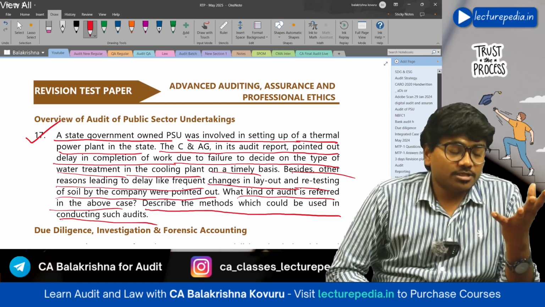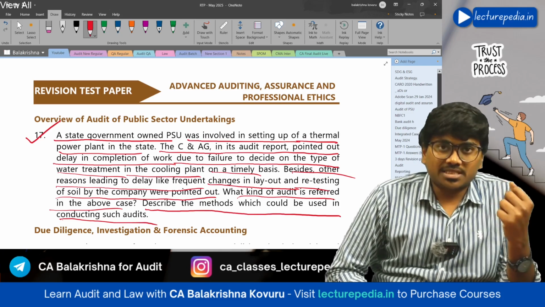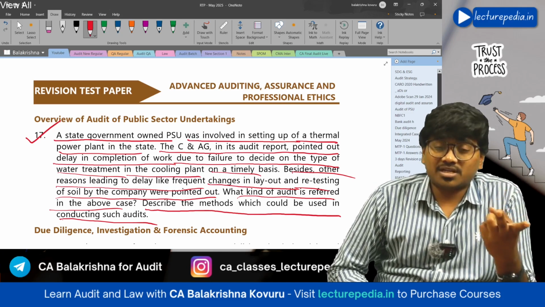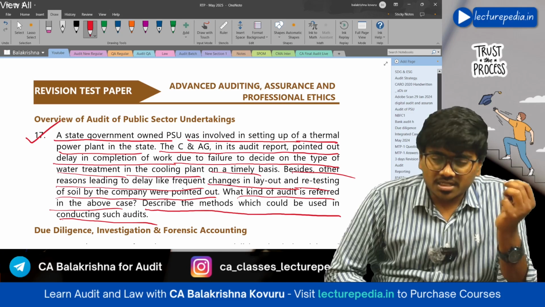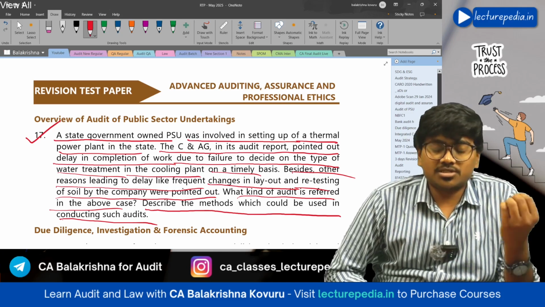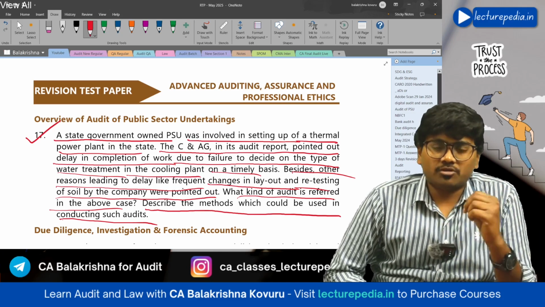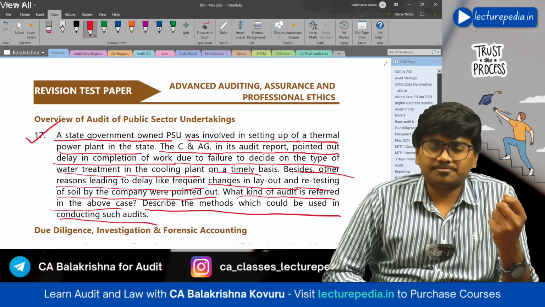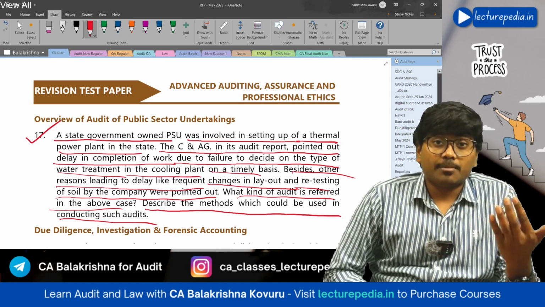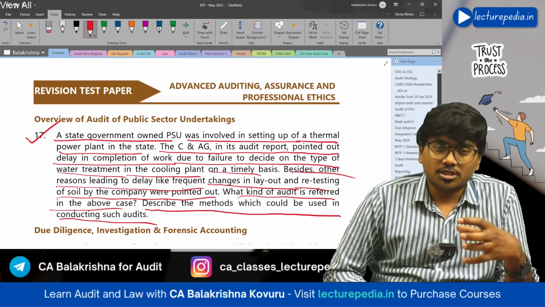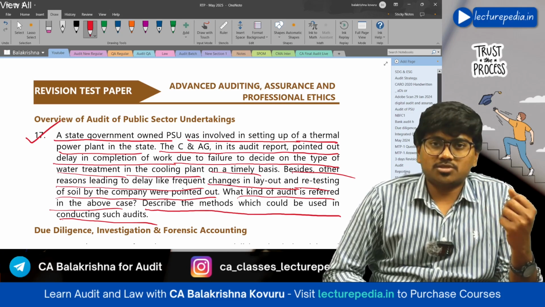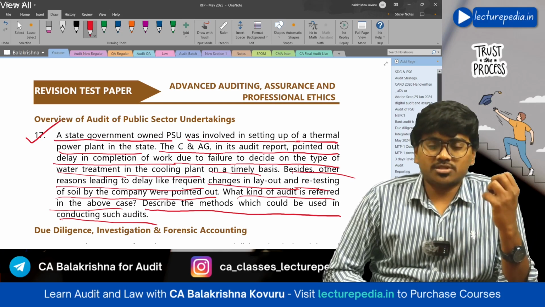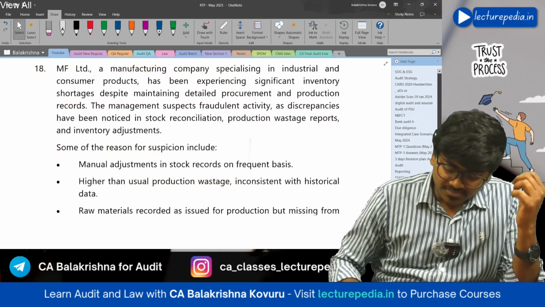See, for conducting performance audit, you can use methods like analysis of the procedures, analysis of the results, quantitative analysis, or through case study basis, or through surveys, or by studying the existing information. So all these are the methods that are available for conducting the performance audit. Next,